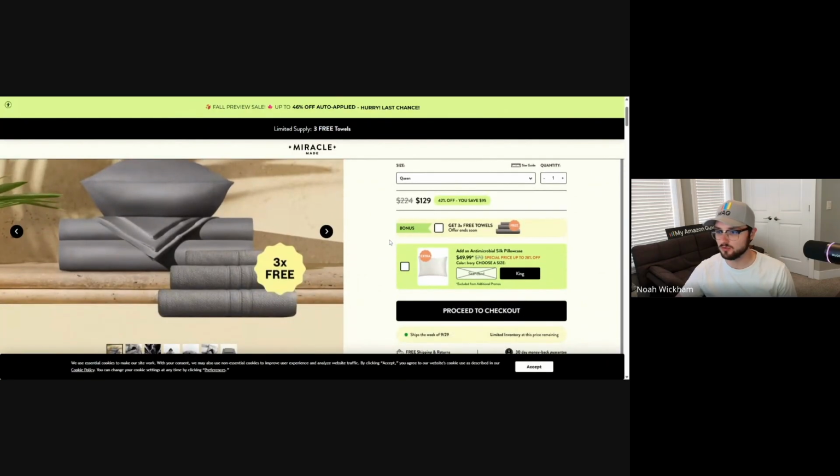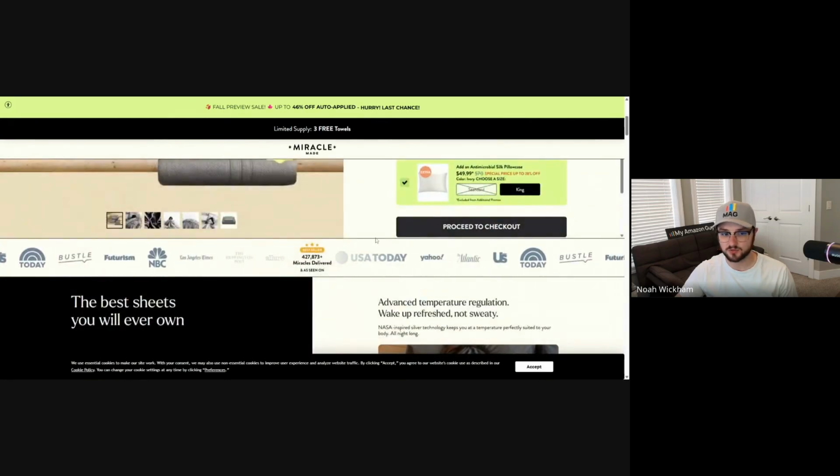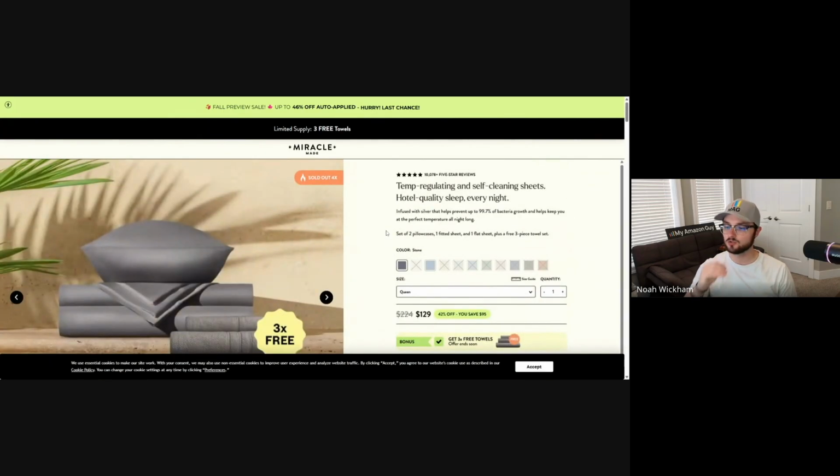I want them to be able to immediately just click a button and buy. And so having all of these where I have to click this box, I have to click this box, I have to figure out the quantity that I want, I then have to scroll down to proceed to checkout. You're creating so many layers of friction for the end consumer that you are going to end up losing so much valuable conversion, so many valuable potential customers who probably saw an ad for this and is like, heck